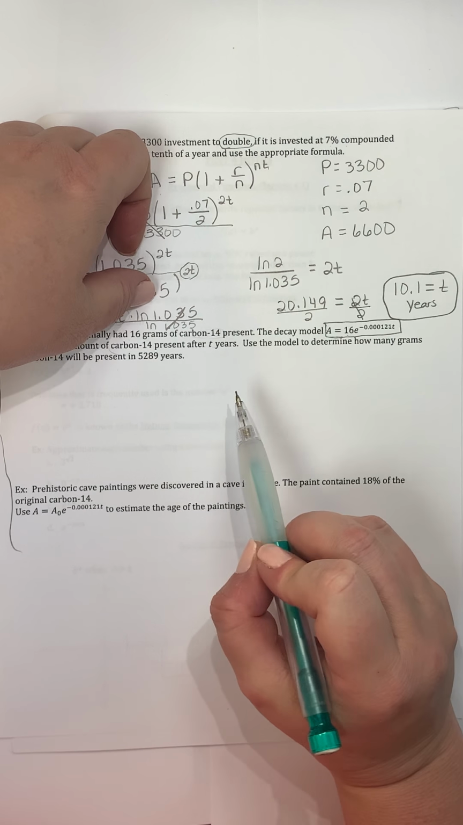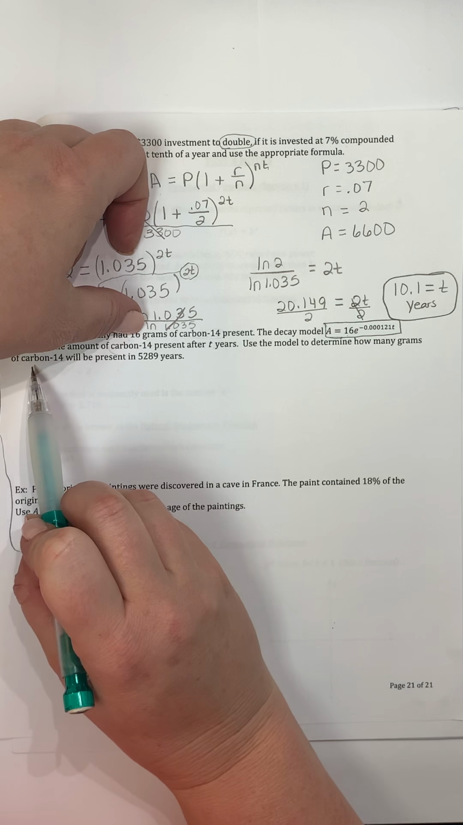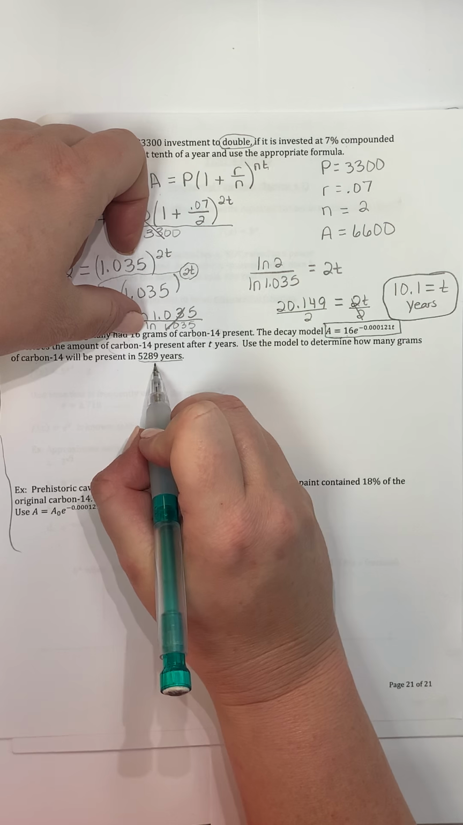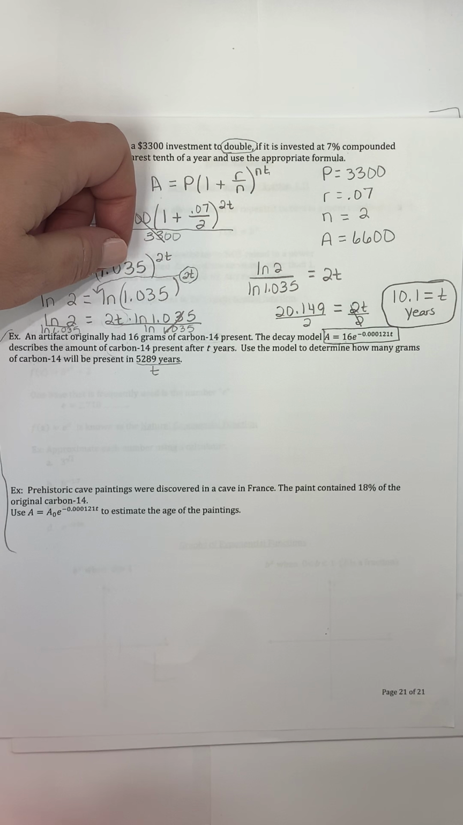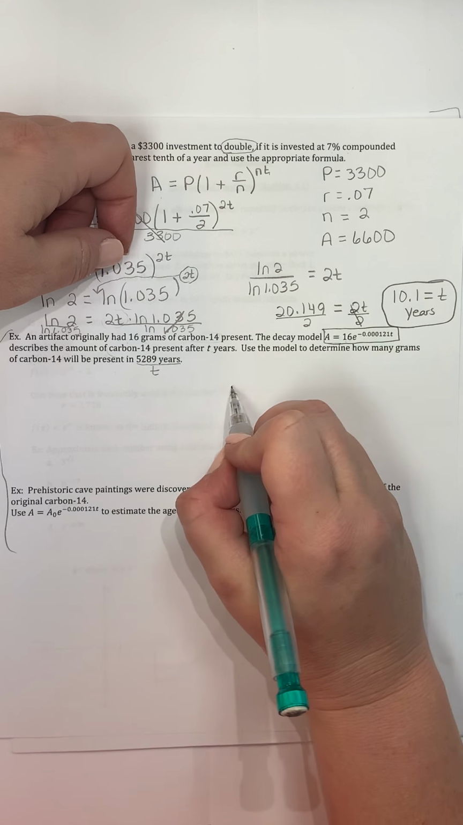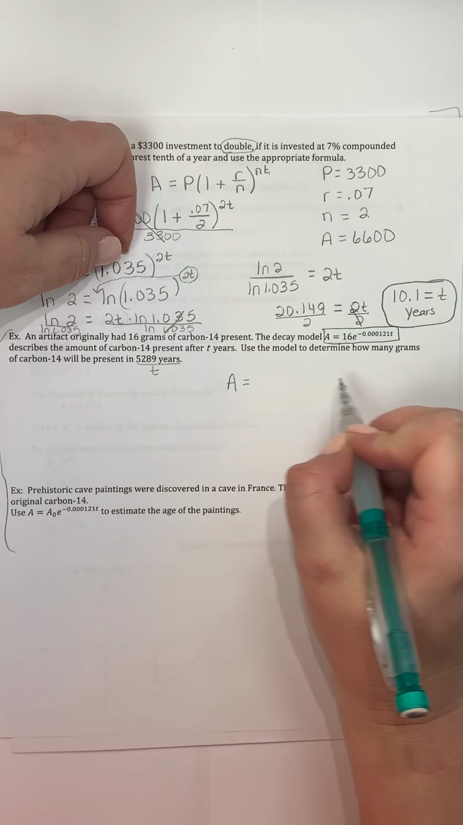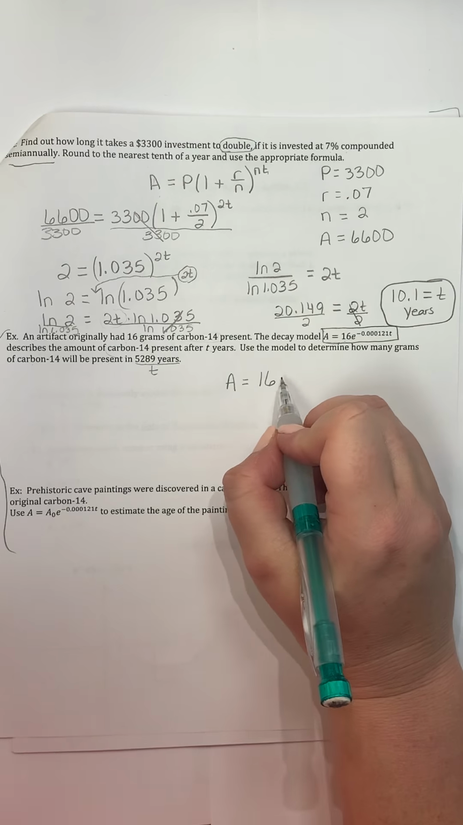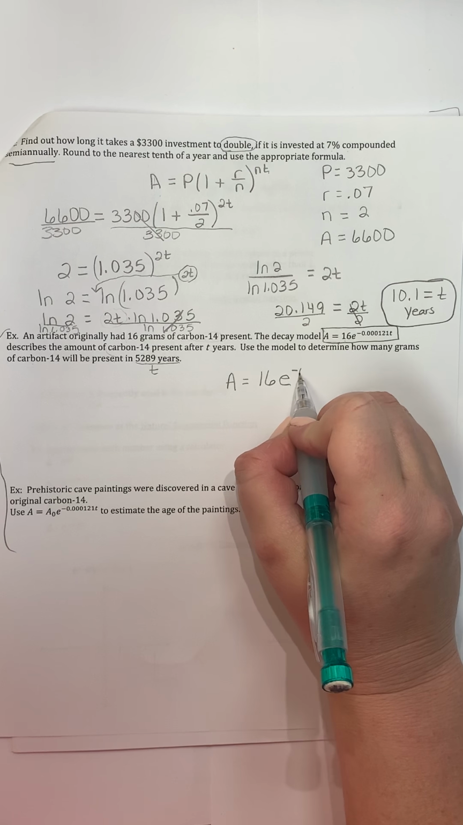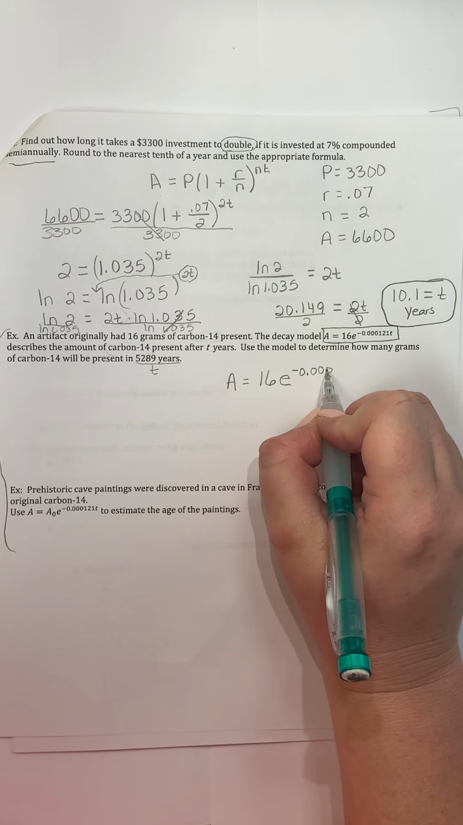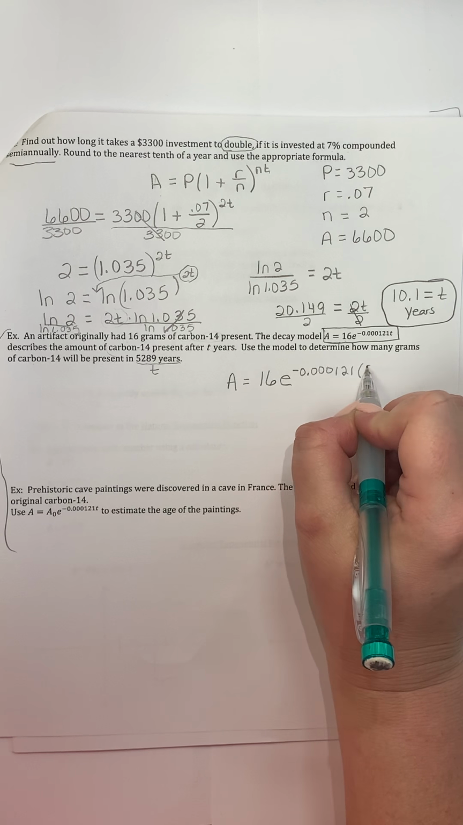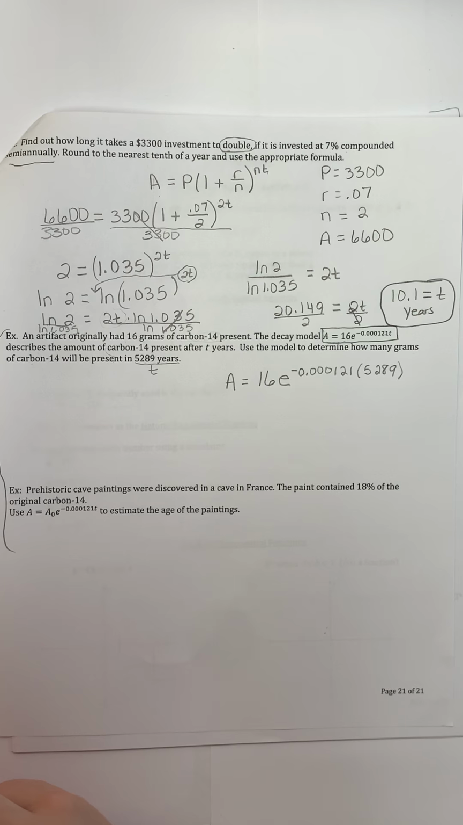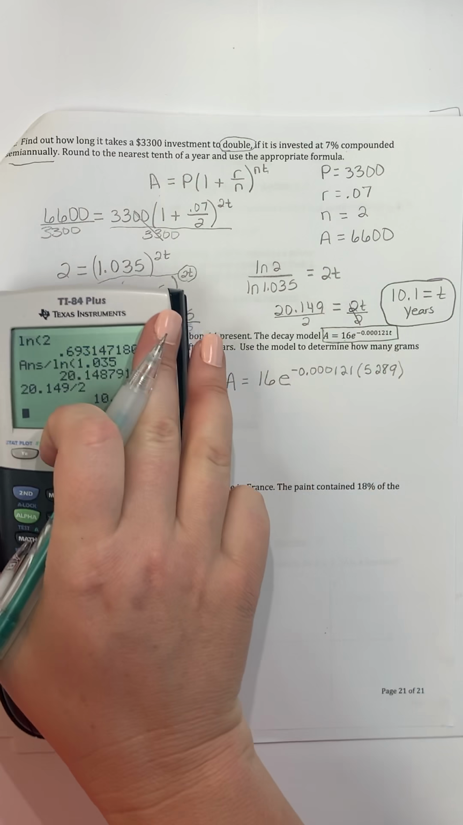Use the model to determine how many grams of this will be present in 5,289 years. There's your T. So you're going to use this formula. You're trying to find how much will be present at this point in this many years. The only thing that you have to put in is T. That's it. So I'm going to take my calculator,